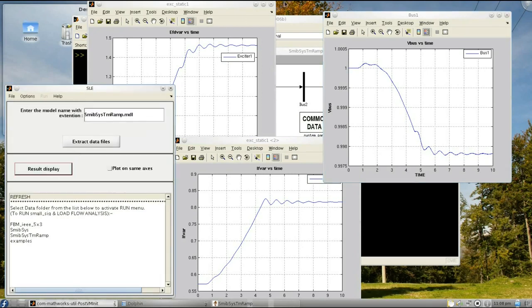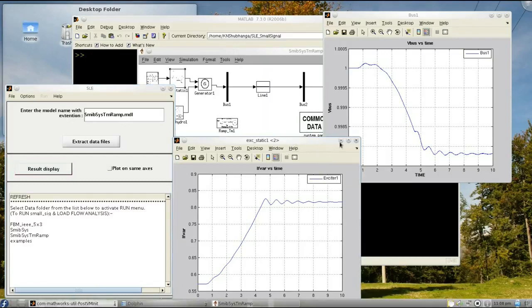Again, the trajectory is decided by the type of exciter block we are using.